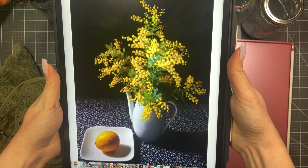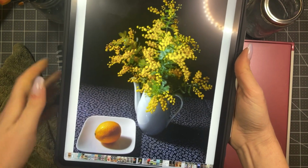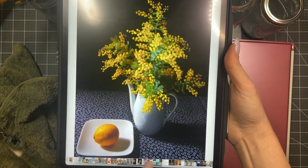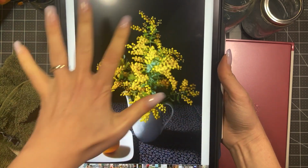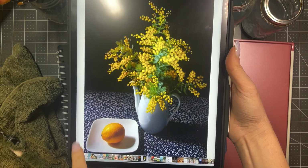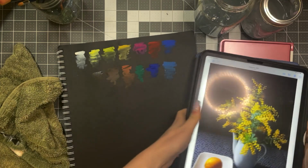We're going to be painting this beautiful photograph. I think I got it from unsplash.com. I think it'll be perfect for gouache because it's a black background, and then I'll be able to just dot on some yellow flowers, paint my lemon in my little plate. So yeah, we're going to do that, and we're going to use the Stonehenge